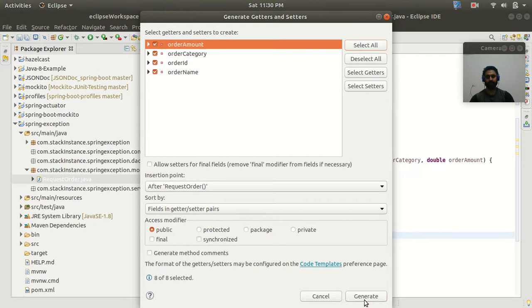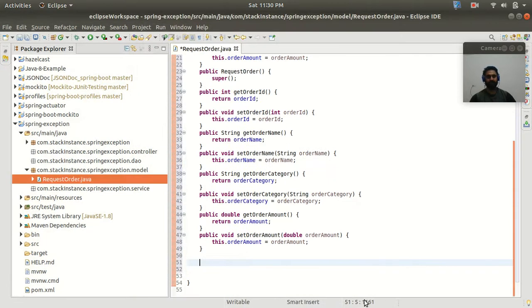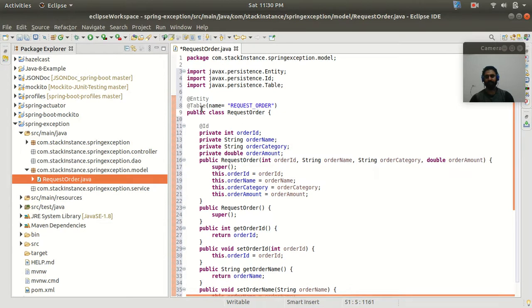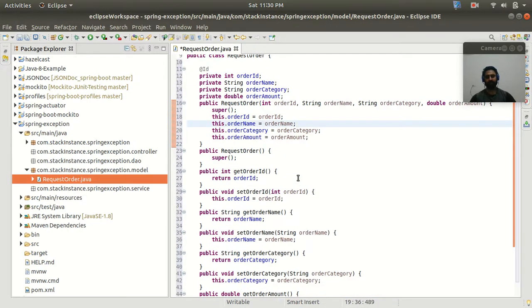Select all and generate. So guys, I have created one entity class with the name request order, and here the order ID is the primary key, right? And we have the default constructor and the parametric constructor, and then we have the getter and setter methods.